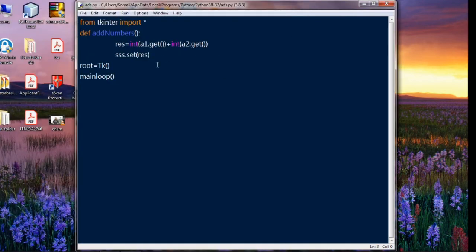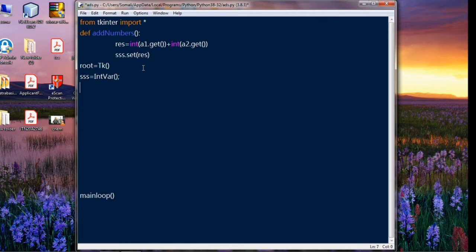Back. Then take ss as an integer variable. Oh sorry, semicolon, missed it.